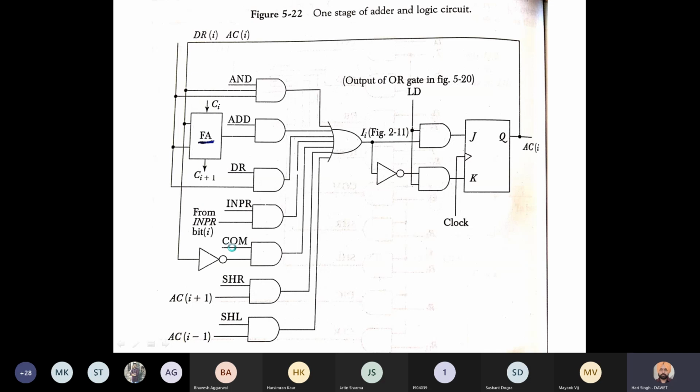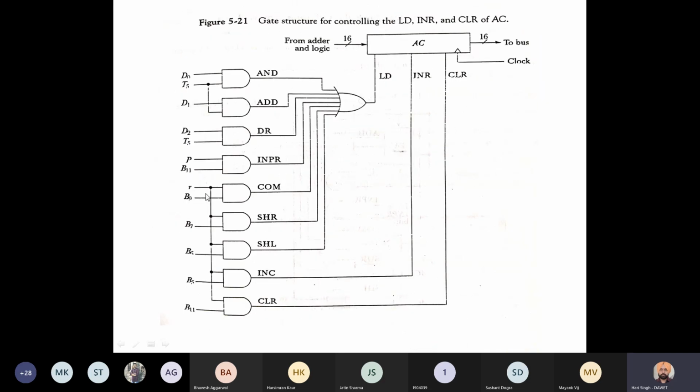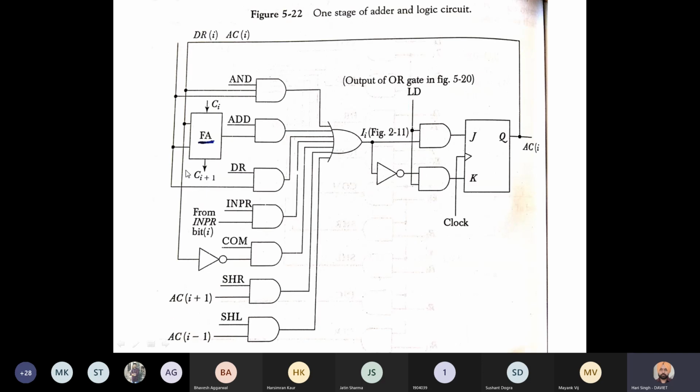The condition for the complement operation is R and B9 should be active. So by combining this circuit and this circuit, or adding full adders, gates and JK flip-flops for each bit of the accumulator, we can design a complete arithmetic and logical unit.